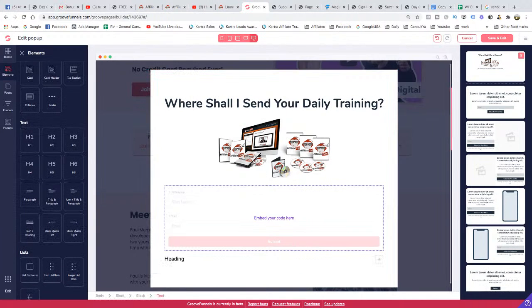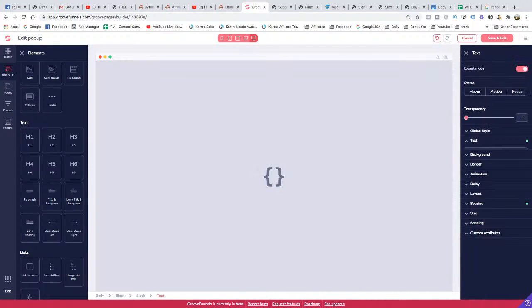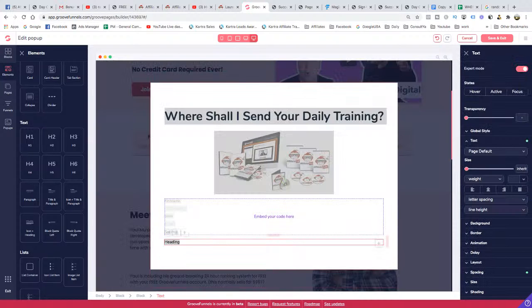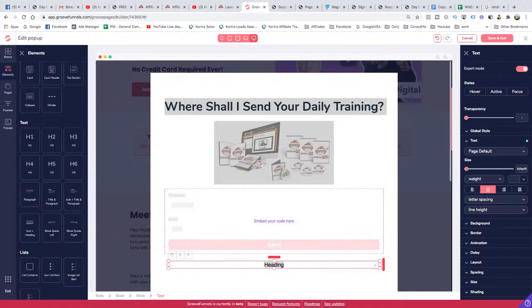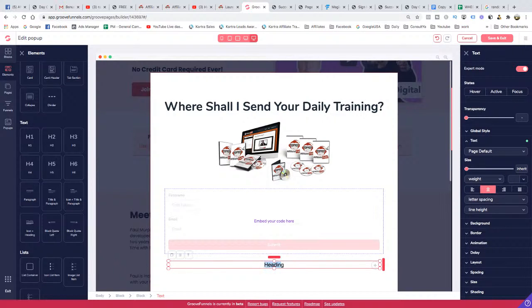So we just want something in here like, we can center it, and then we can just put: yuck, we hate spam. Yeah, we hate spam. We will send you the daily training